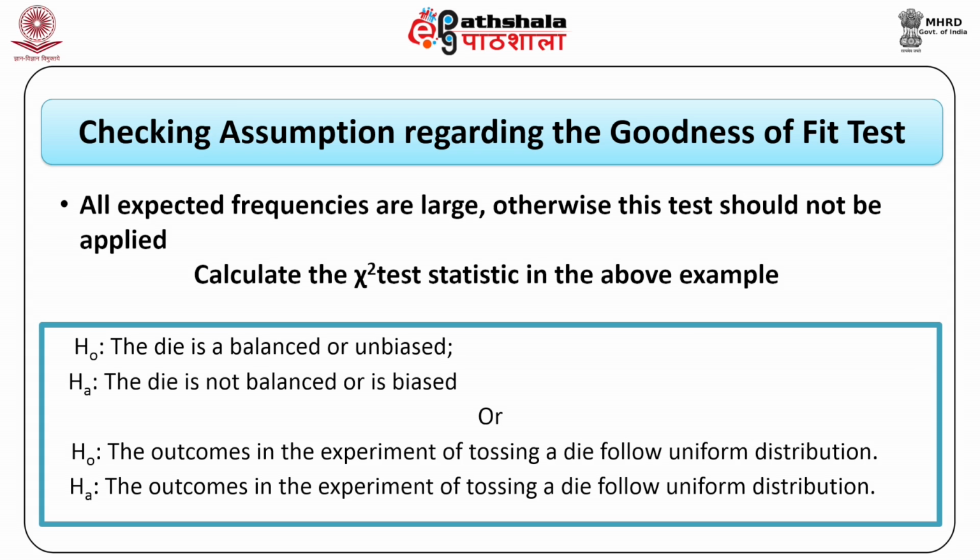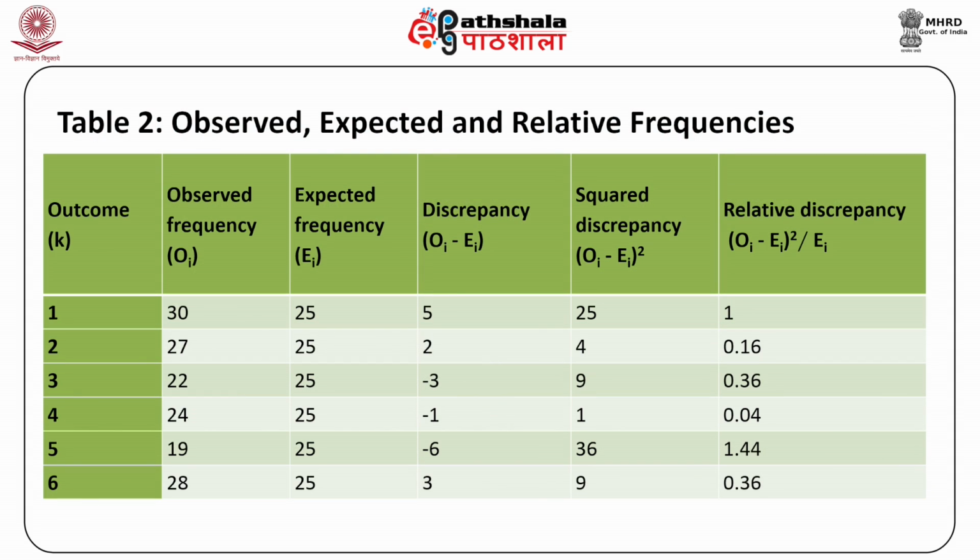What is our null hypothesis? It is that the die is balanced or unbiased, and the alternative hypothesis HA is that the die is not balanced or is biased. Or, H0 is that the outcomes in the experiment of tossing a die follow a uniform distribution, and the alternative hypothesis HA is that the outcomes do not follow a uniform distribution. You can see in the table we have the outcomes in the first column, then we have the